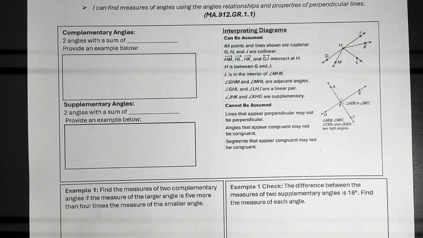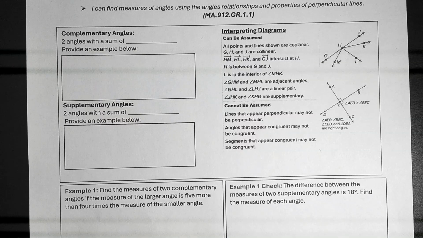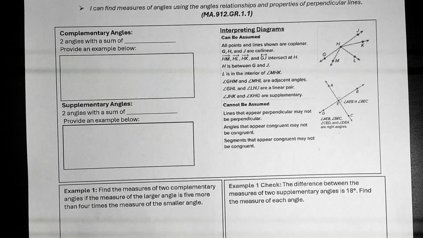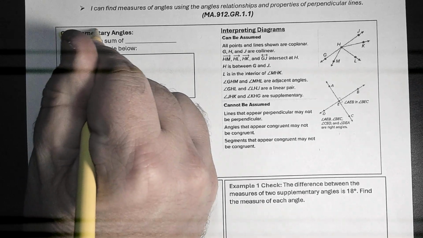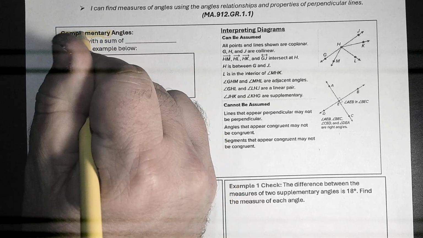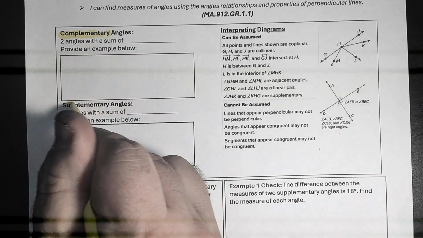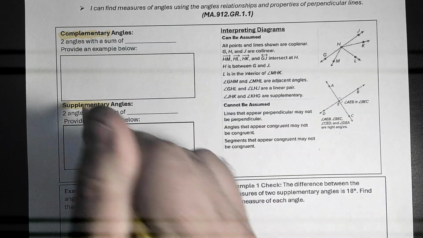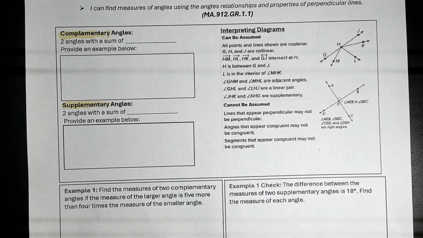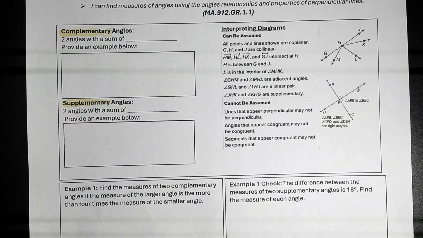Alright, so on the left we're going to start out with some vocabulary. So it says complementary angles. Just highlight this because it's very important. And matter of fact, I'm just going to go ahead and highlight the other word because it's very important too. Okay, so complementary angles. These are two angles with the sum of, pen won't open,